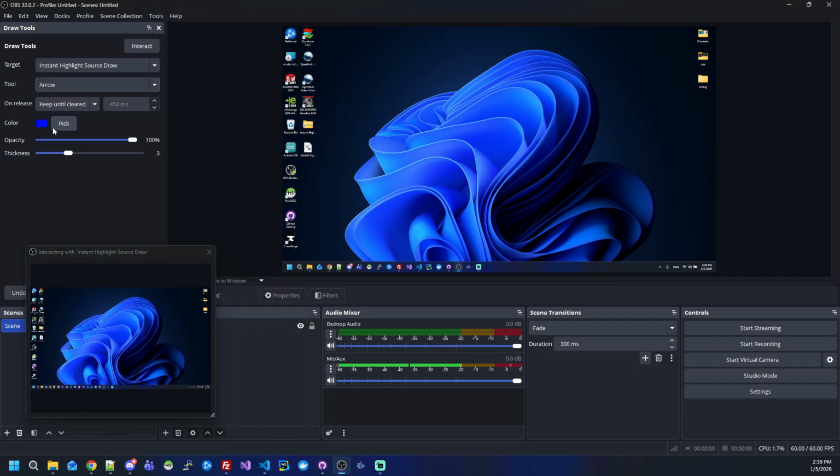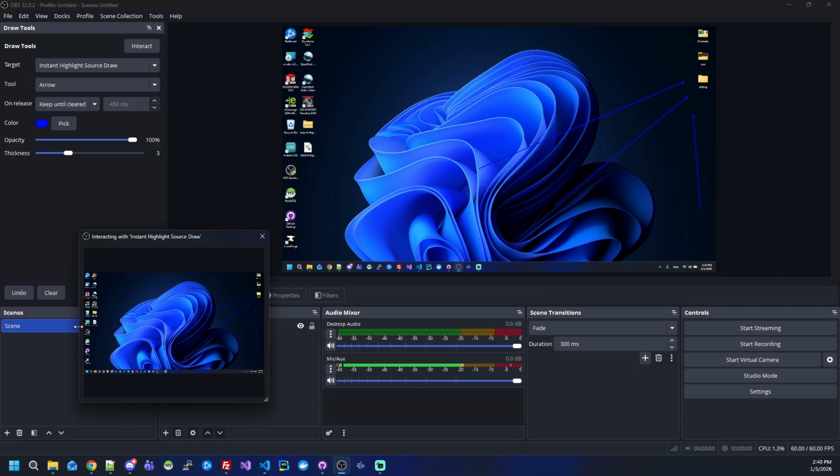And you have various tools like the arrow that I used in the previous explanation, and you can draw multiple arrows, clear, or you can use the on release event,